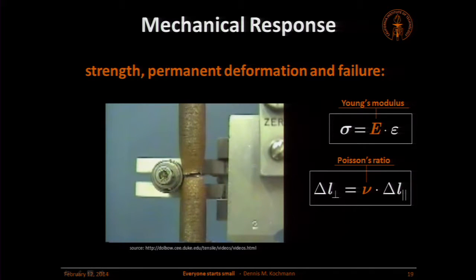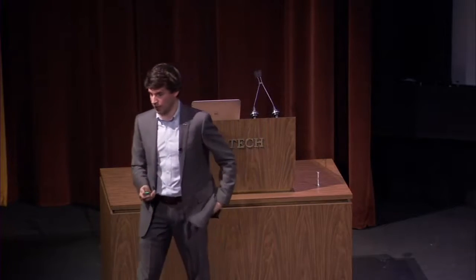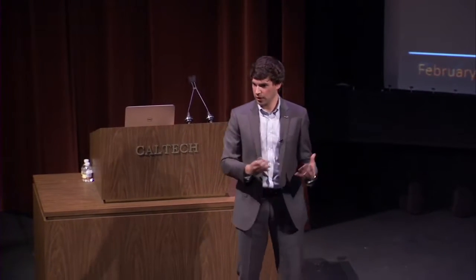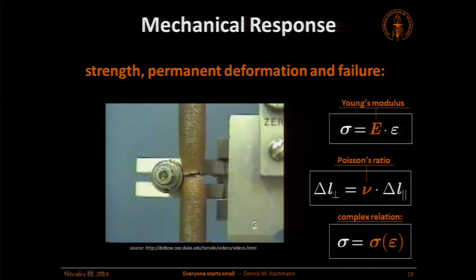Eventually, the specimen will just break and fail. And in this final part of deformation, you can even see the necking is still permanent. This does not go back to where it was before. That would be tremendous if it would go back and close the gap, but that doesn't happen. So there must be more going on beyond a simple stress equals constant times strain. This relation is much more complicated. There's a really complex behavior that we try to understand.